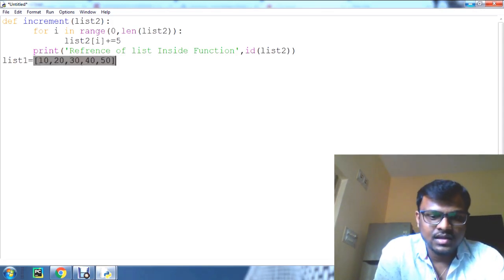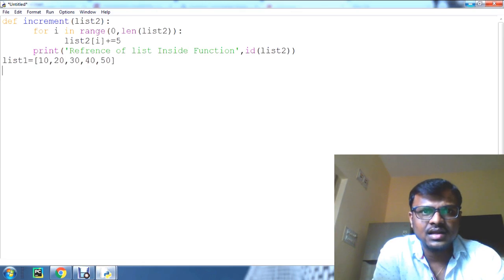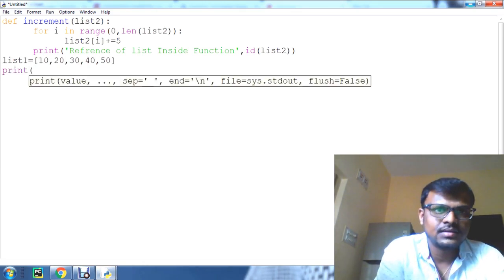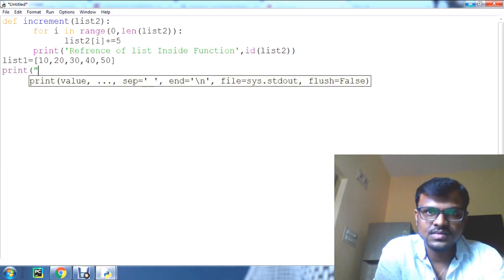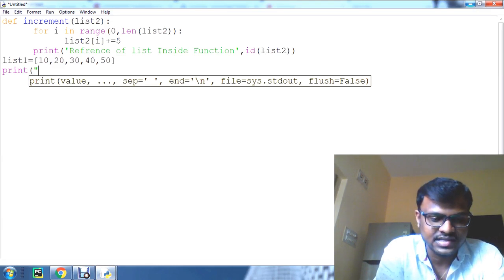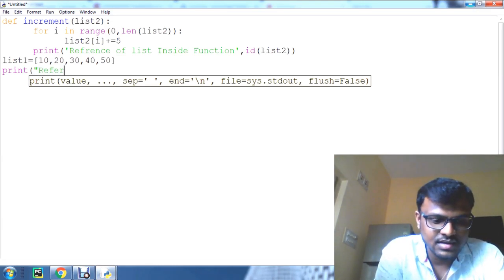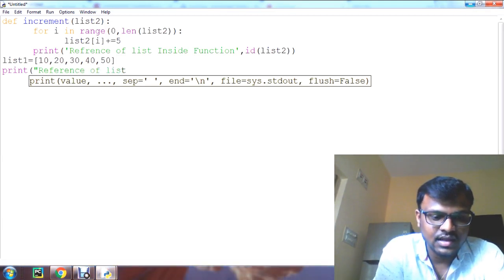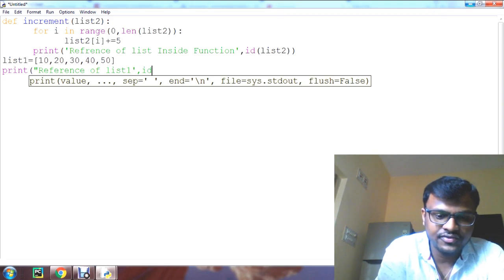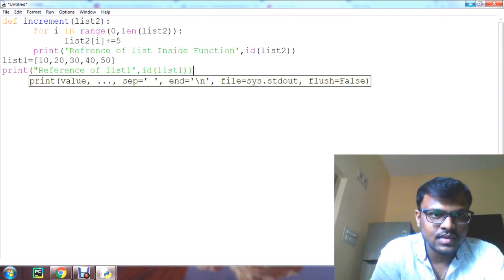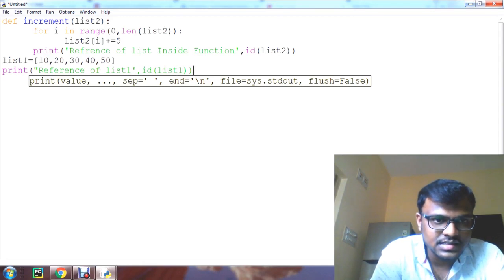Now I'm going to print reference of list1, that is id of list1. Clear? Here is a small mistake, I used a single one here. Okay, clear.